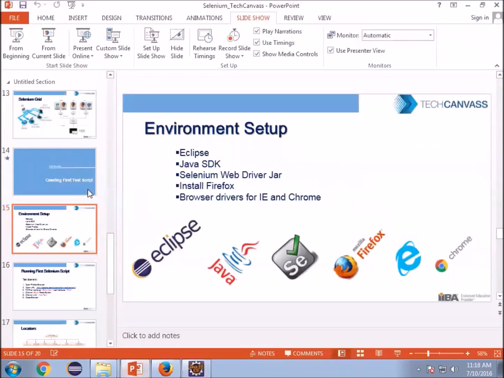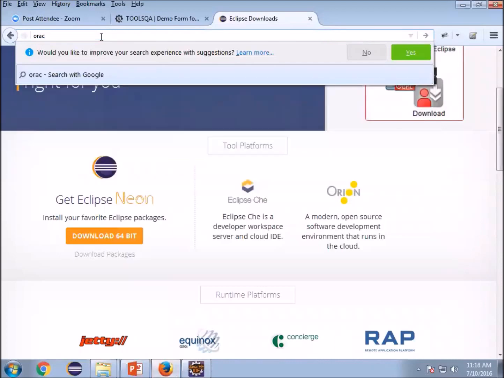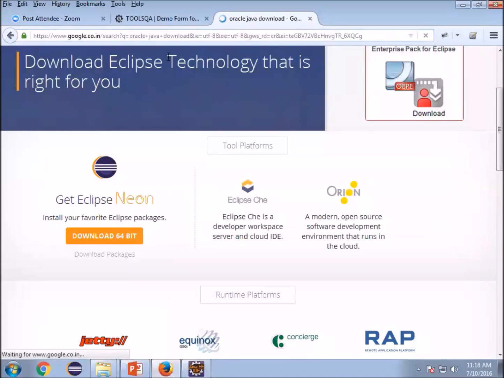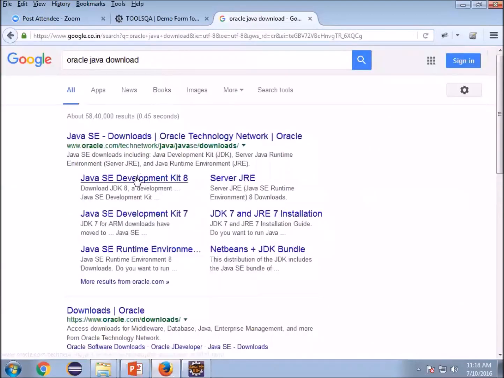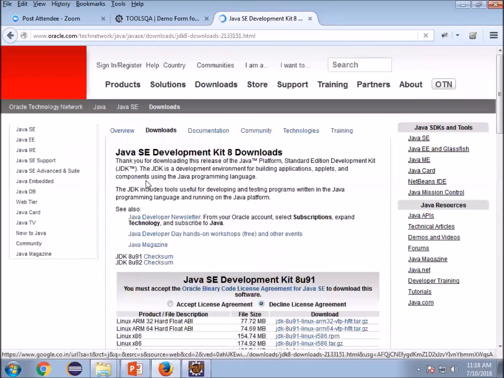Before that, we have to understand the setup. So next is Java JDK, which you can download from Oracle's site. Again, it's the same: if your OS is 64-bit, download 64-bit, else 32-bit.